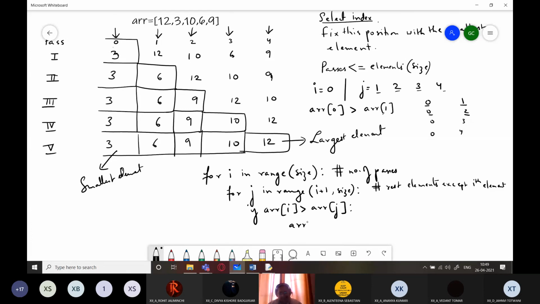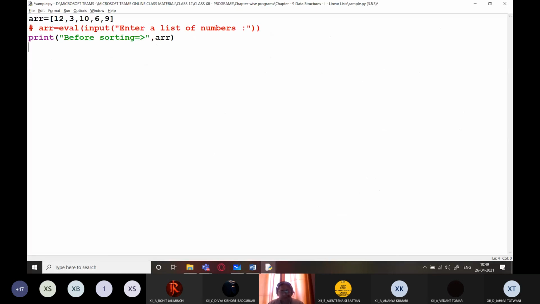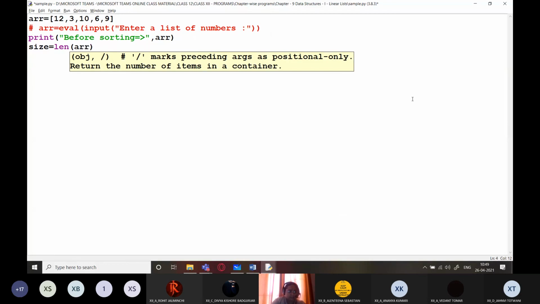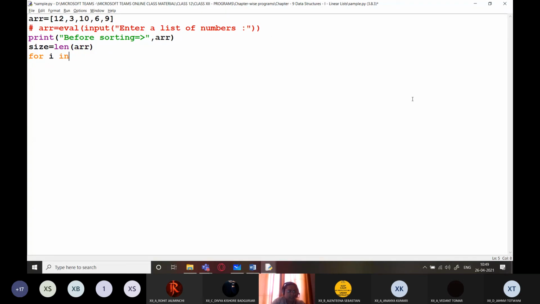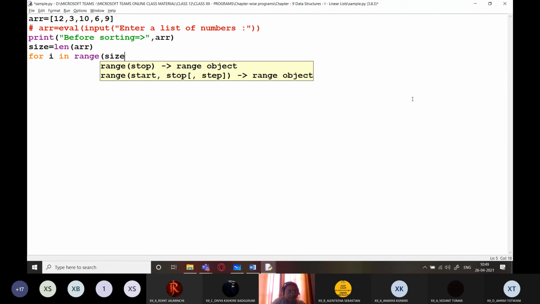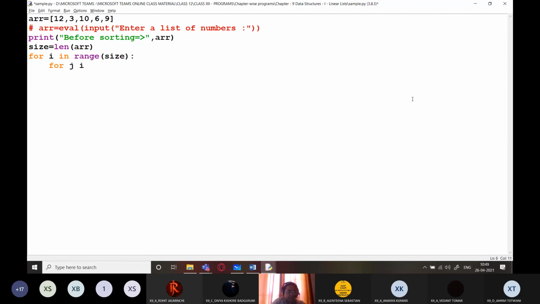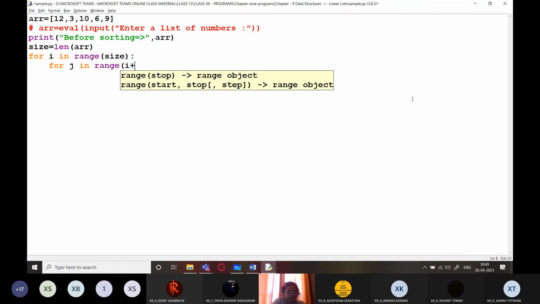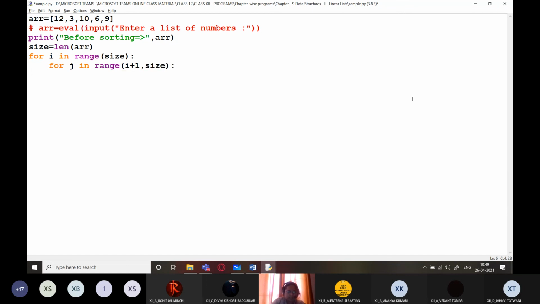So we will write it like this: ARR I, comma ARR j equals ARR j, comma ARR I. Right? Let's do this over here. So I'm writing here size equals len ARR, for I in range size, for j in range I plus 1, comma size.